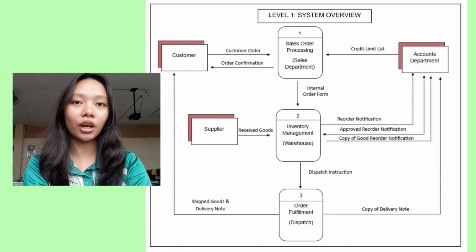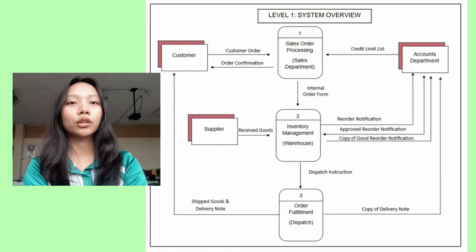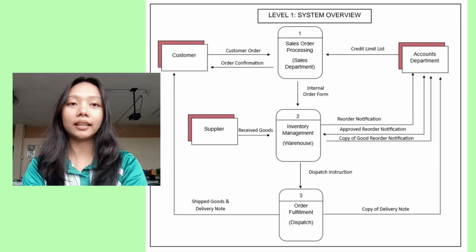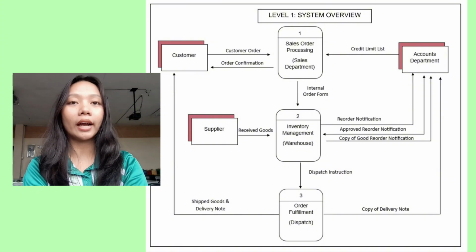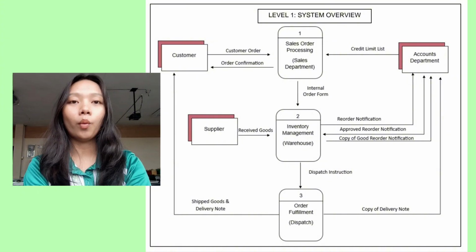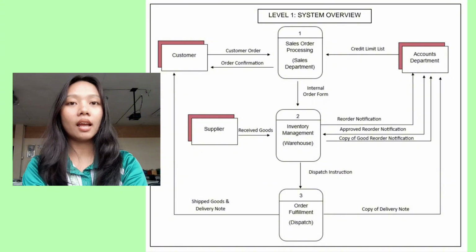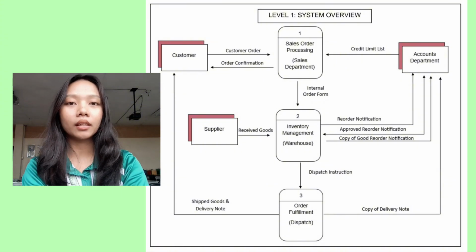The stock levels are also updated in the stock records data store to reflect that the items have been allocated for an outgoing order. In cases where stock levels are low or items are unavailable, warehouse prepares a reorder card and sends it to the accounts department. Accounts will use this information for replenishment and purchasing using their separate procurement system.